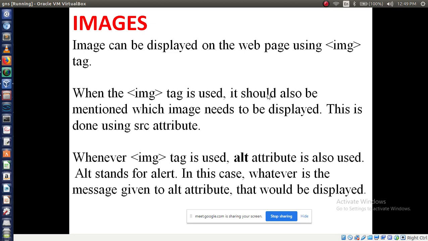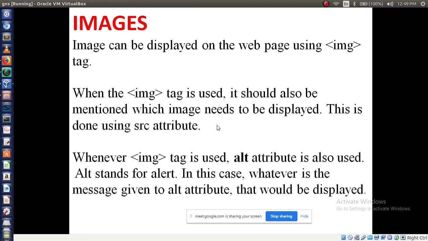When the image tag is used, it should also be mentioned which image needs to be displayed. You have to use the image tag to display any image, but using the image tag you also have to define the image name. That is, which image needs to be displayed. Image name also you have to provide.